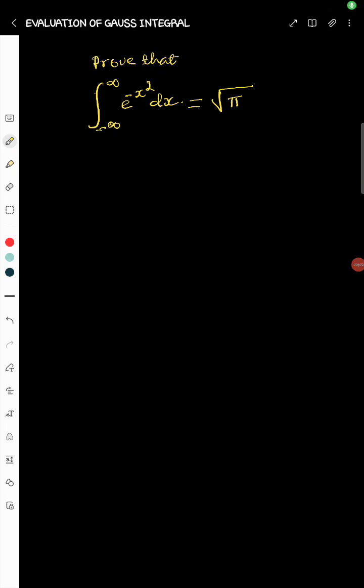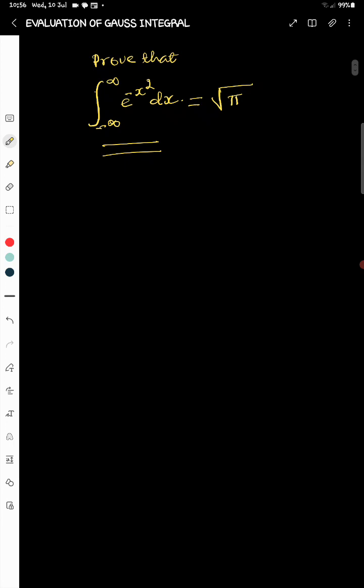So we are making an evaluation on the Gauss integral. This is sometimes known as an Euler function. So let us start and prove, because we are asked to prove this, that the integral from negative infinity to infinity of e raised to negative x squared dx is equal to root pi. Solution: